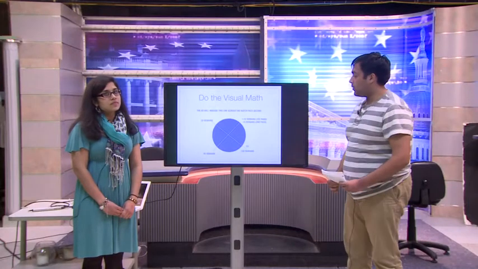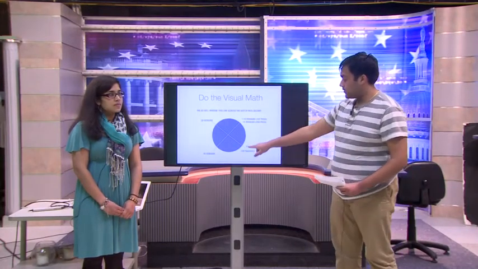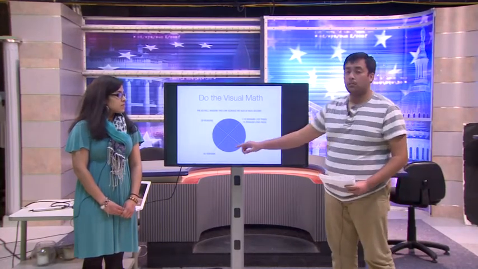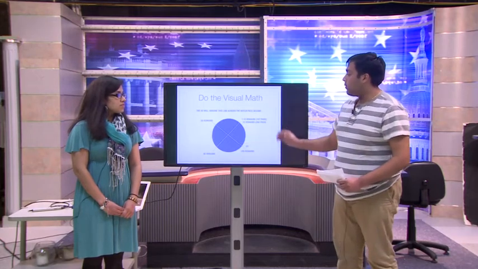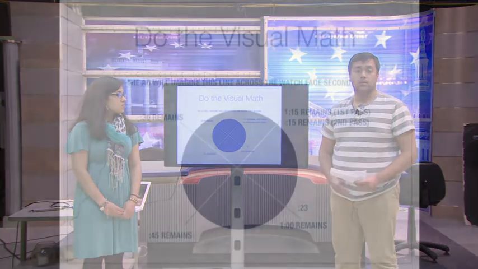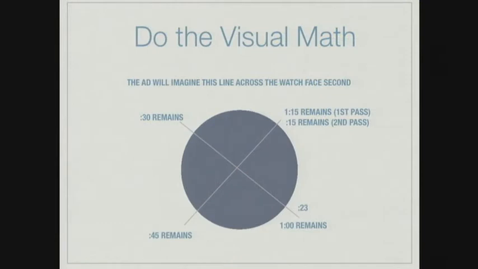You may have seen this picture on the first slide as well. If we have a clip that's 1 minute and 23 seconds, the assistant director would put a line straight to 23 seconds, like right here, and then make another perpendicular line. Then when the assistant director starts the timing, they know that starting from the first line, they have 1 minute and 15 seconds left till the clip ends. When they get to the 23 seconds, they know they have 1 minute left, and so on until the clip is over. This is just a good way for the assistant director to keep time so everything is set in place.